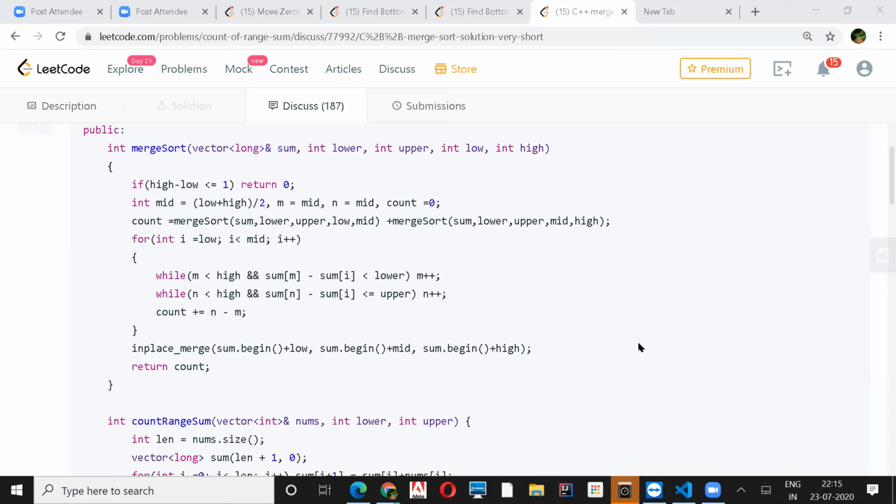He's expanding the range, like expanding up to what point I can get these sums. Because the prefix array is always in sorted format, since we take the summation of the elements in the array, it always comes in sorted format. Therefore, we can do that. That's not necessary. Yeah, if it is a negative number, exactly, it won't be sorted if it's a negative number.